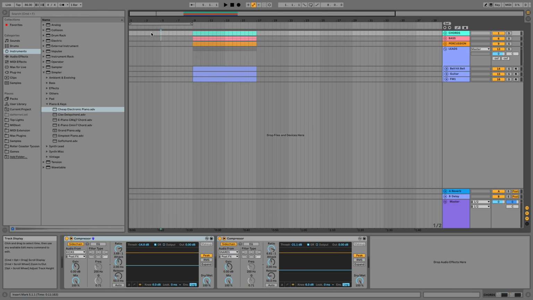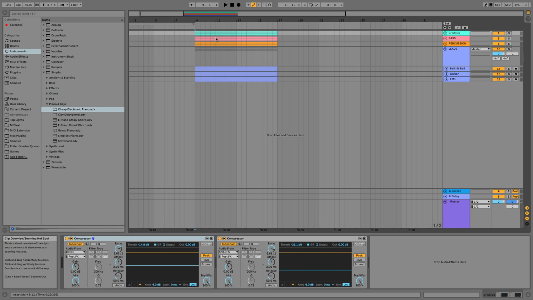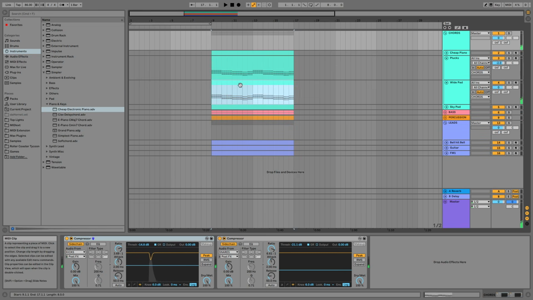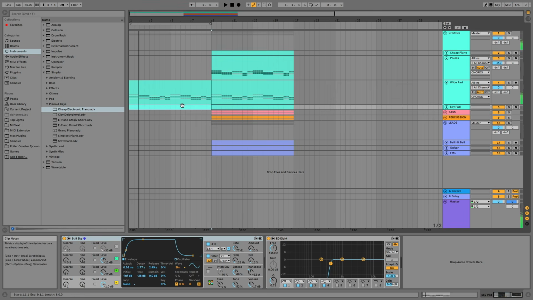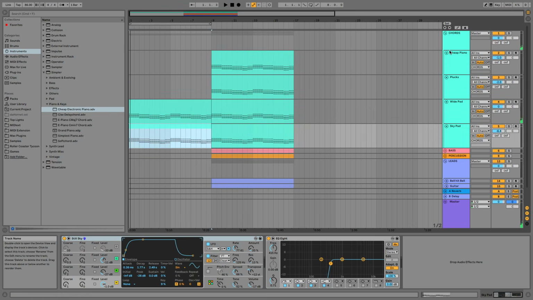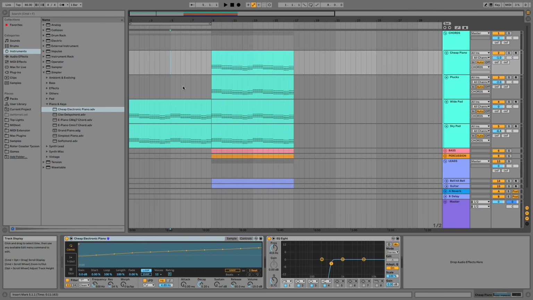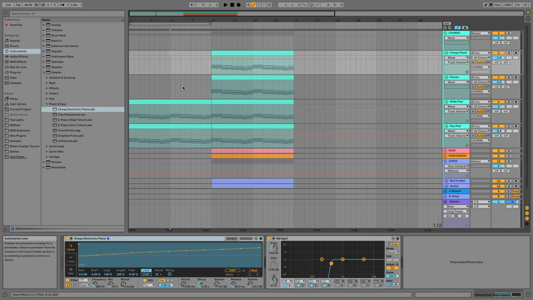So now let's make a transition, maybe a quick intro that kind of builds up and plays into this little loop that we made. Maybe I wanna copy over the pads, for example, and just paste them over here. Maybe I want them to be able to fade in. One thing I can do in Ableton 10 is switch to automation mode by pressing A,